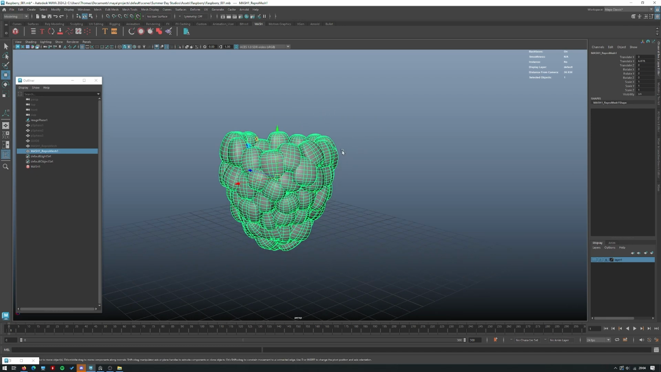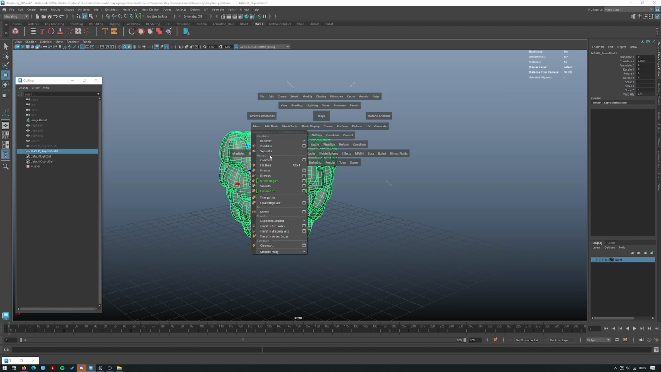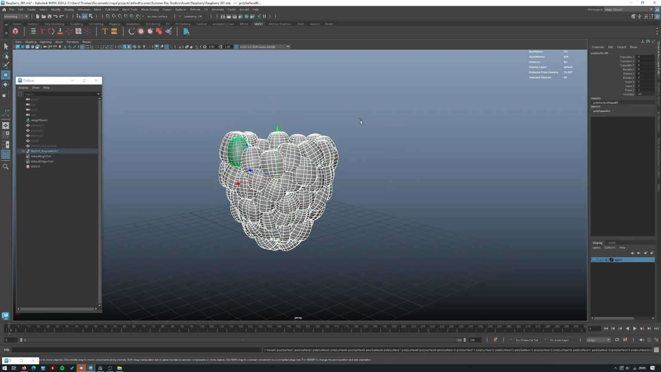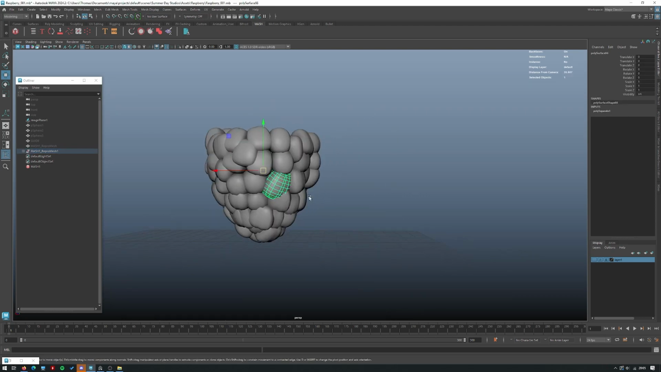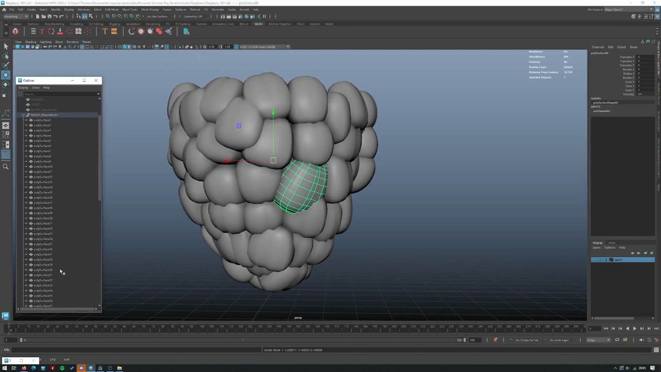We are going to have to separate all of these into separate objects. This could take a while, depending on how good your computer is. It doesn't take that long for me. But don't worry, it will eventually finish. If you hold down space, go to mesh, then click separate. That's now given us all individual objects. If we open up that group, you can see now we have all 80 we ended up having in total